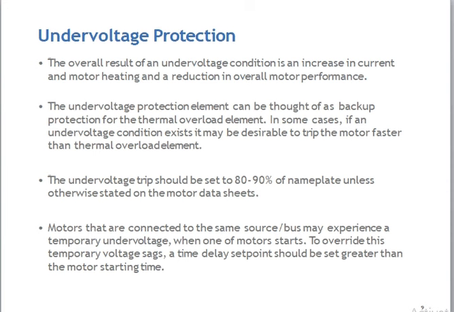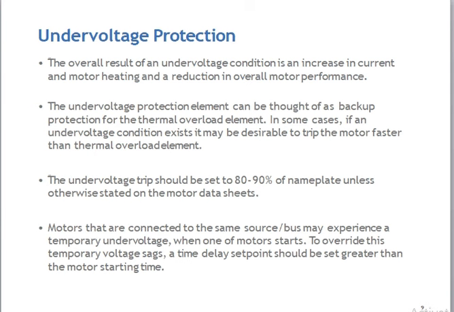In some cases, if an undervoltage condition exists, it may be desirable to trip the motor faster than the thermal overload element. The undervoltage setting is 80 to 90%. If the voltage is lower than 80 to 90% of the rated value, then that relay will operate.